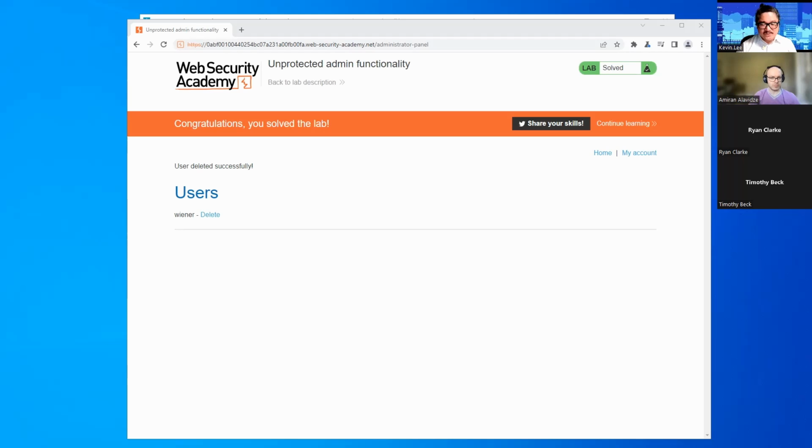So how exactly would we mitigate against this kind of vulnerability? Anybody in chat, if you have a suggestion, you can type it in chat now.